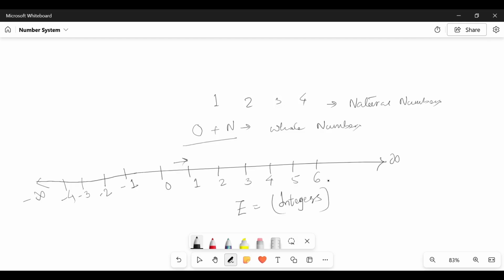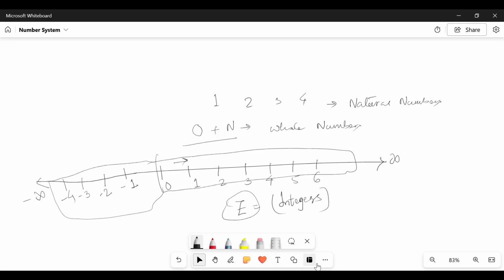What we mean to say is anything that can be represented on a number line in whole numbers to the right are the set of whole numbers, and anything to the left are negative integers, and together these form the set of integers. Now there comes a scenario where we would realize that all that exists in this world